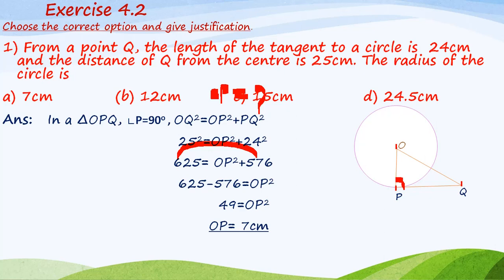Therefore, in the four options, option A is the correct answer. Option A is the correct answer for this question. Okay, we go to the next question. The second question